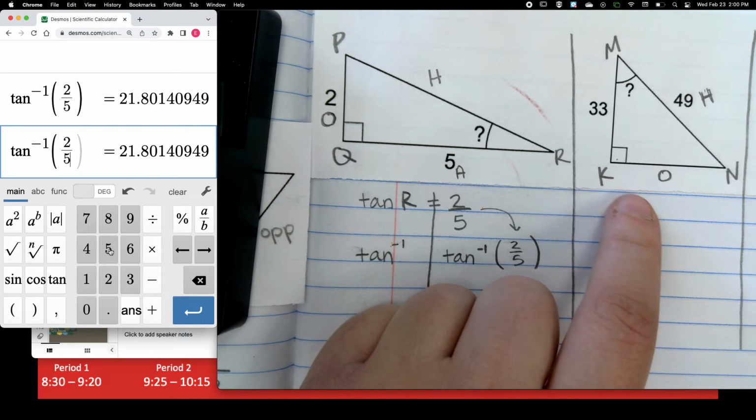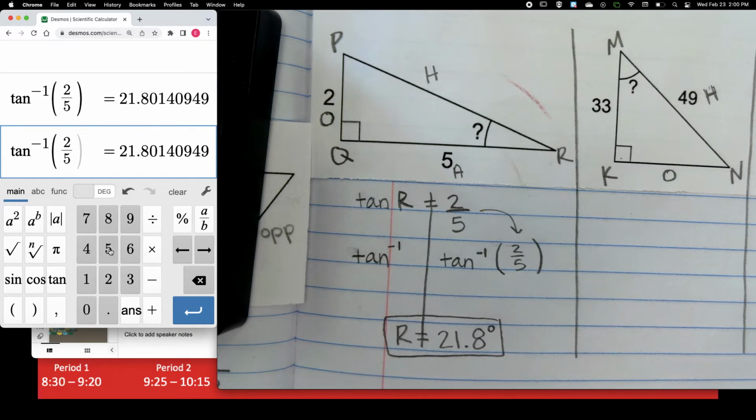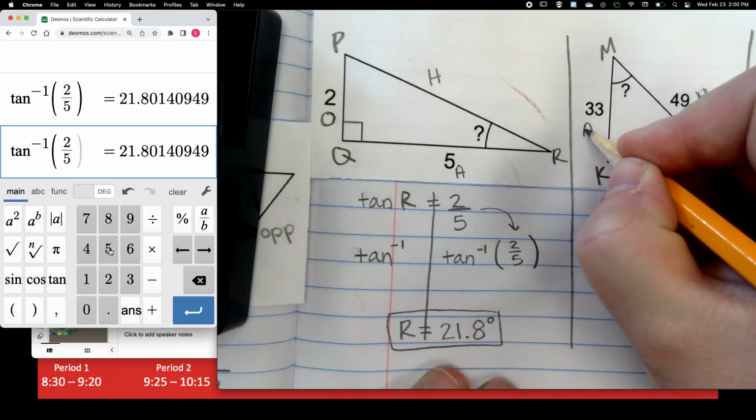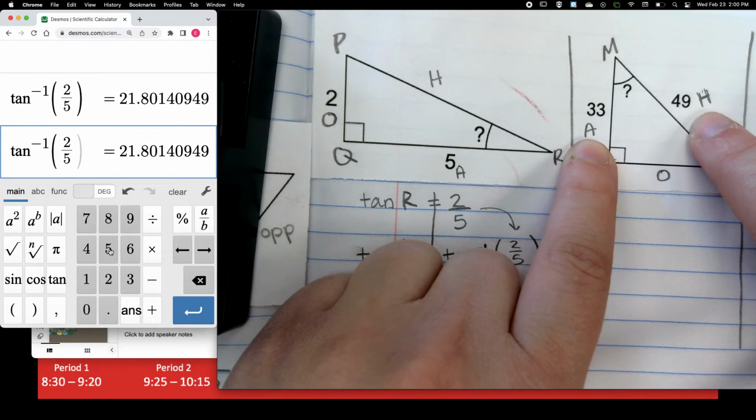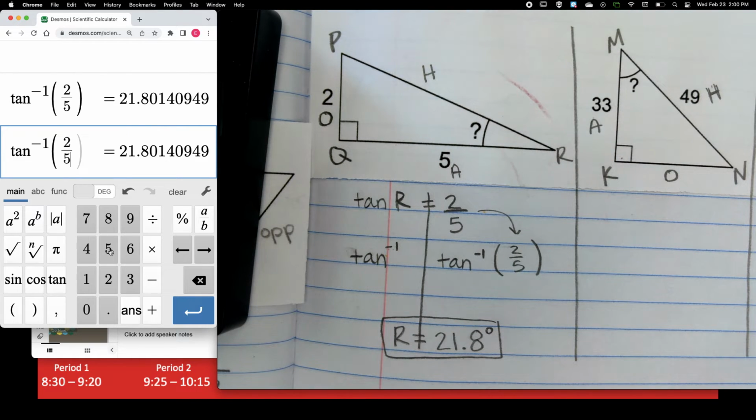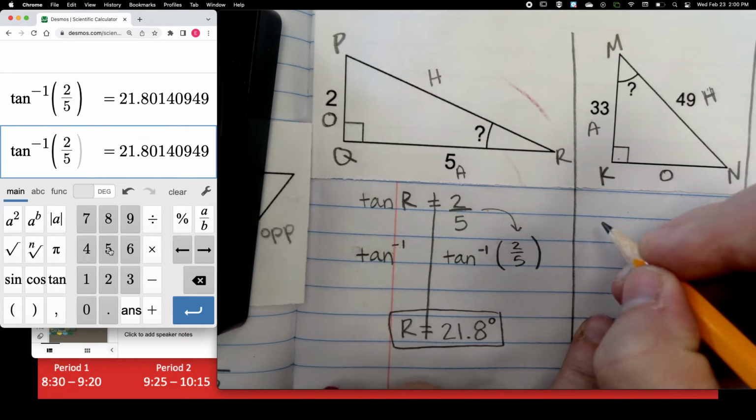Which leaves 33 to be what side? Adjacent. So the two sides I have are adjacent and hypotenuse. If I have adjacent and hypotenuse, should I use sine, cosine, or tangent? Which one uses adjacent and hypotenuse? Cosine, it's the CAH. Good. Okay, so cosine